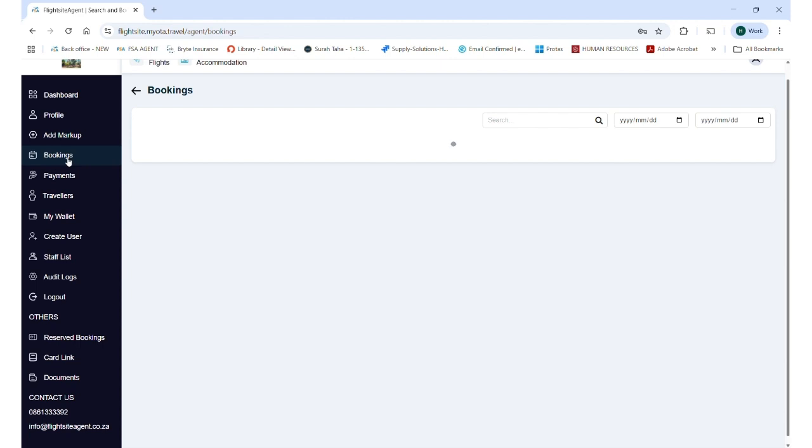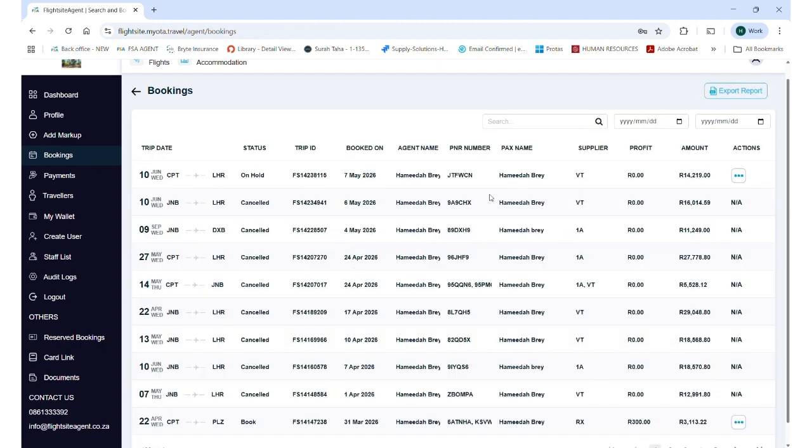Next we have bookings. If you have various bookings on your system, this is where you will find it. It will be displayed on your dashboard as well. If at any point you need to export a report based on the bookings, you can go ahead to the left, to the right top button and say export report. If it is by multiple consultants, you will be able to go and select your bookings by the agent names